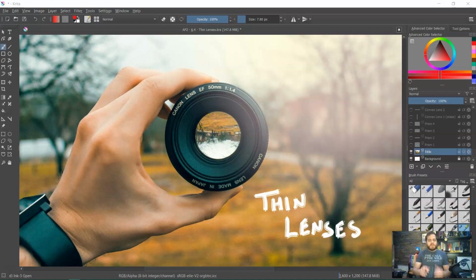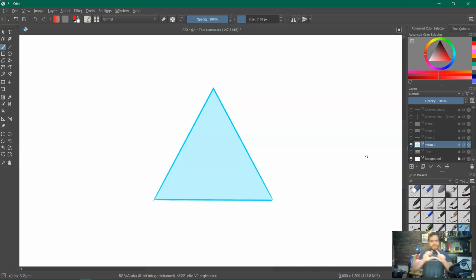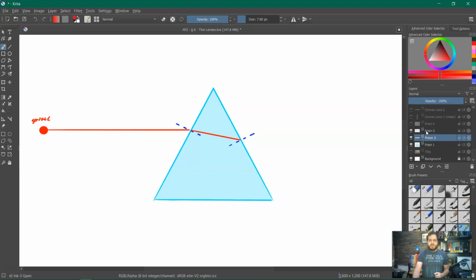And we're going to specifically be looking at thin lenses today. So I want to start off by imagining we have a triangular prism here, think kind of Pink Floyd, and let's say we have a laser beam coming into the edge of this triangular prism shape. And we'll say it's made of glass or something, and we'll say this is air on the outside. So the index of refraction of the glass is higher than that for air, so when it strikes this normal line here, it's going to bend toward the normal. The light ray is going to bend toward the normal and continue across to the other side,